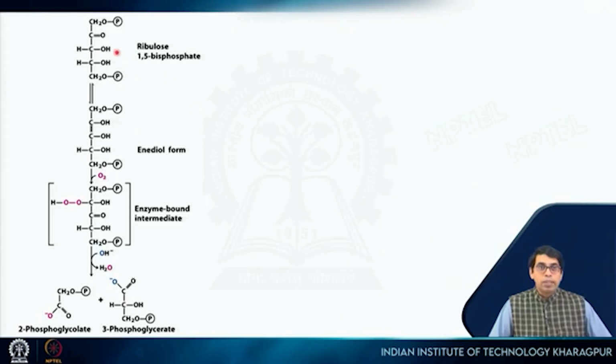So, this is the reaction of ribulose 1,5-bisphosphate, right. So, this is the enol form that we saw. Now, oxygen binds here instead of carbon dioxide, and then it produces these two molecules. So, this is the good product 3-phosphoglycerate which can be used, but this is the useless metabolite which is 2-phosphoglycolate. Okay. So, this has to be somehow salvaged,